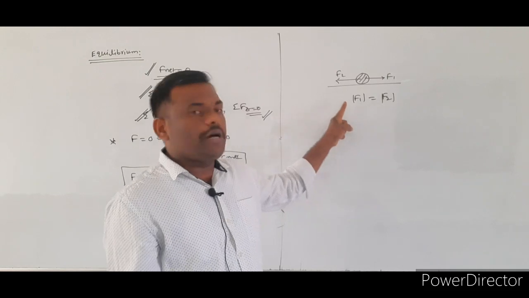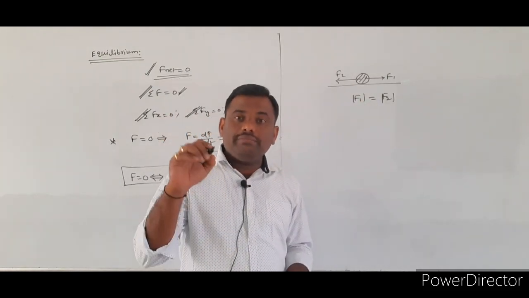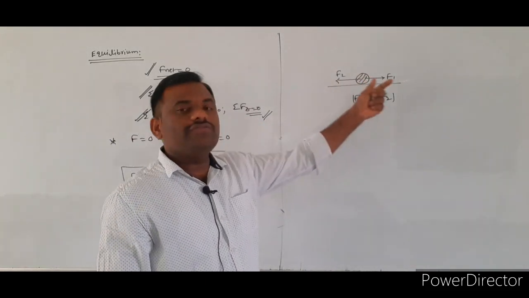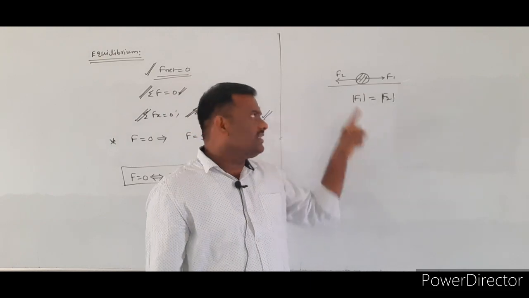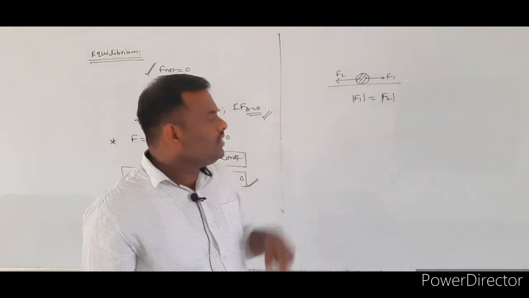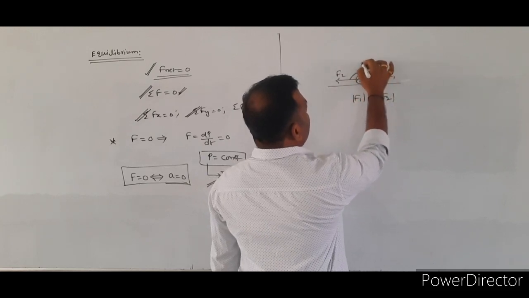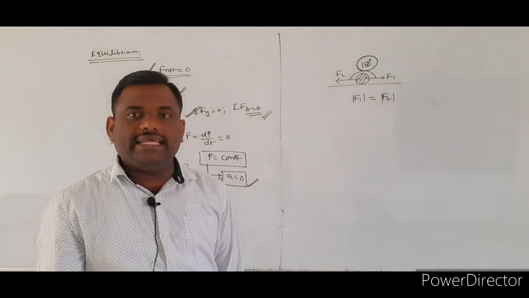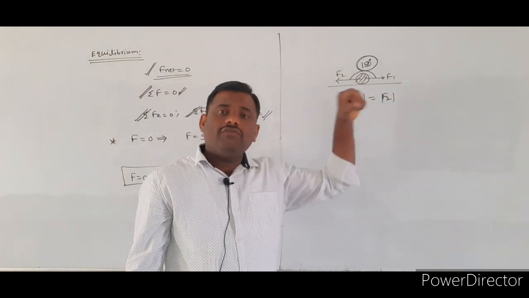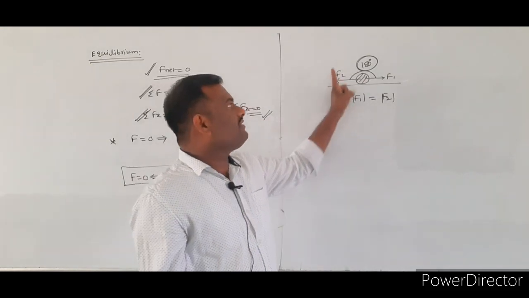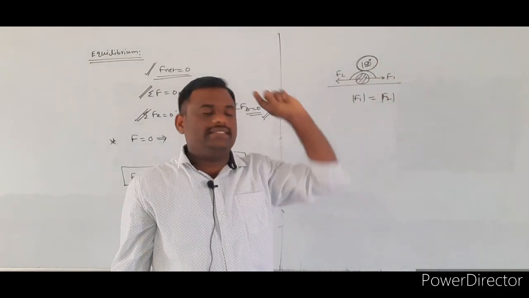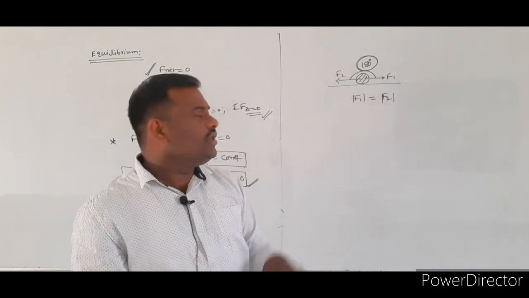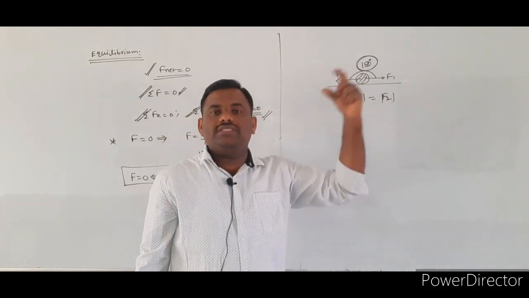So to keep the object in equilibrium, the minimum number of equal forces required is 2. Whenever two equal forces are acting on the object in opposite directions, the system will be in the state of equilibrium. So in this case, what is the angle between the two forces? The angle between the two equal forces which are keeping the object in equilibrium is equal to 180 degrees. Simply, if two forces are acting in opposite directions, the angle between them is 180 degrees.